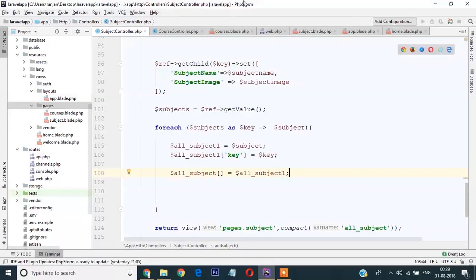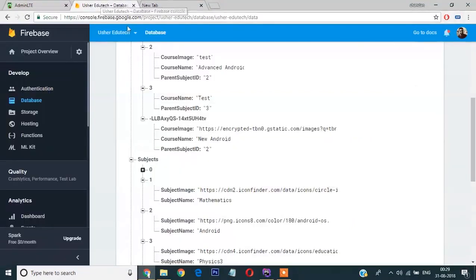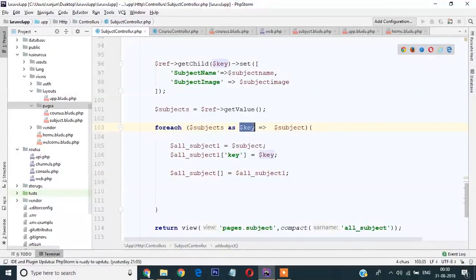So what it basically does is I'm taking the subjects as the reference key. I'll be showing you what it is. The key is the key value of the data, that is the index of the data. So I'm getting it as a key variable and pointing that to the subject, and when I'm getting into the foreach,